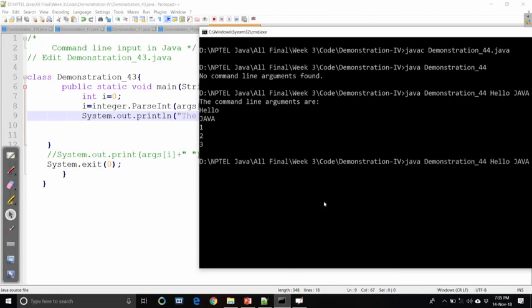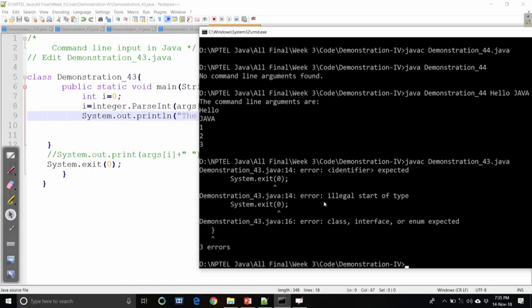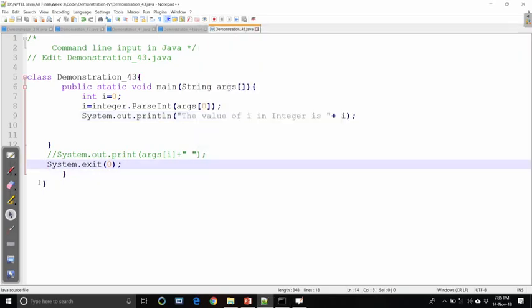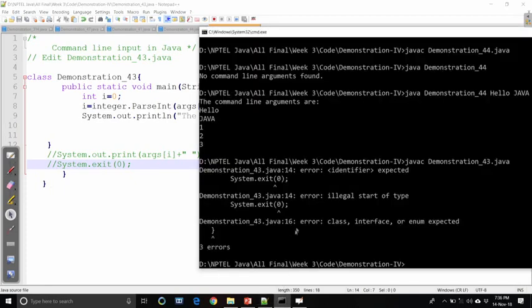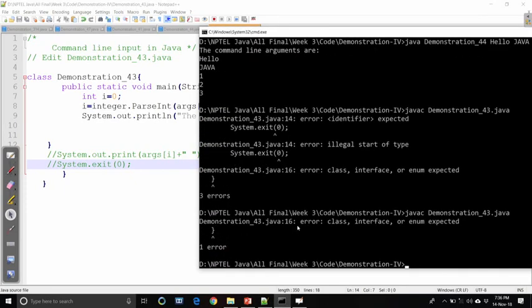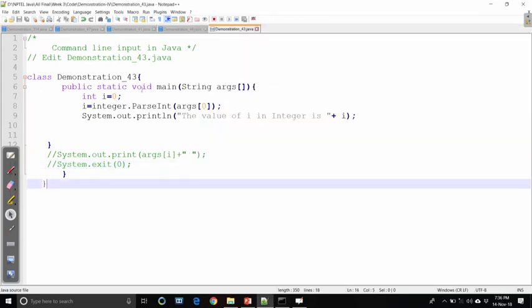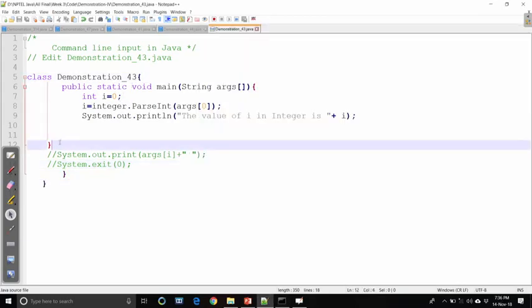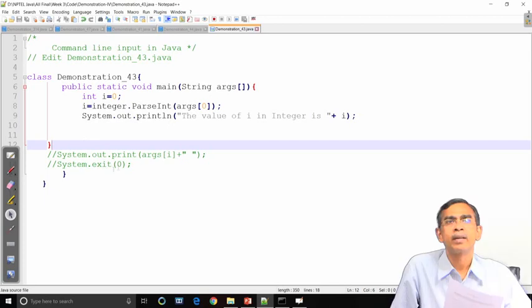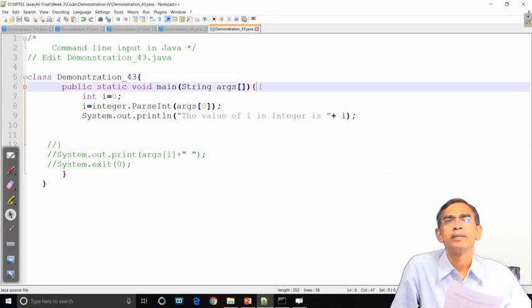Okay, fine. Now, you can change what we have done. Nothing different. We will take the first input, and the first input will be passed as a string, but it will be converted to an integer. So comment that out. There are too many brackets, so clear all this. Okay, now it is fine, this is correct.